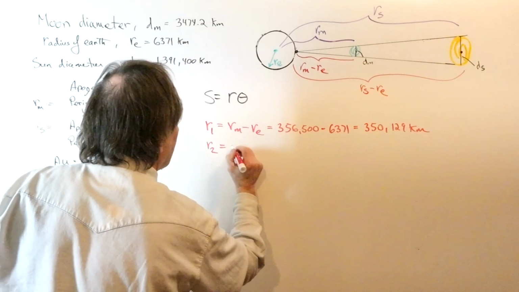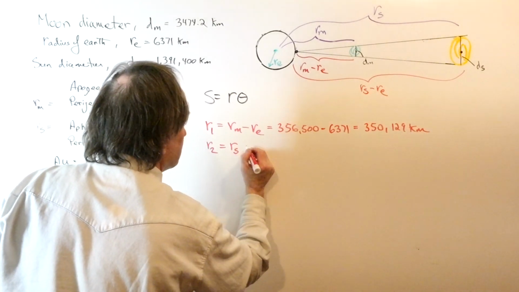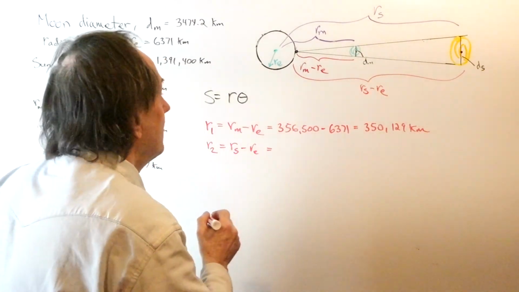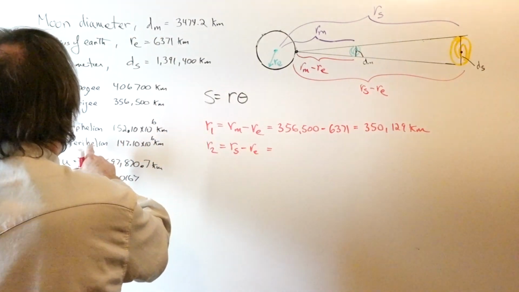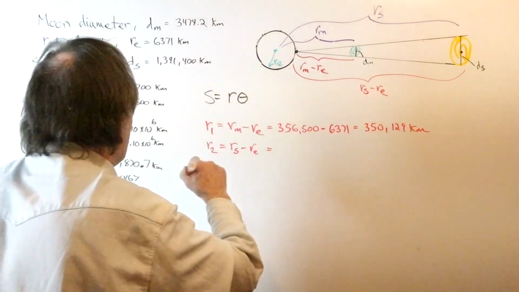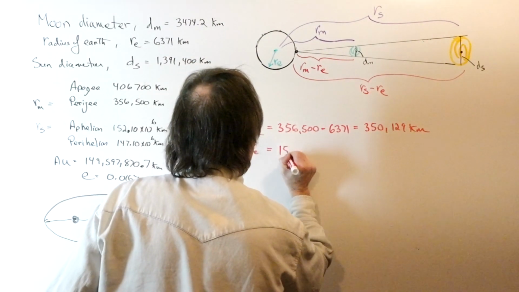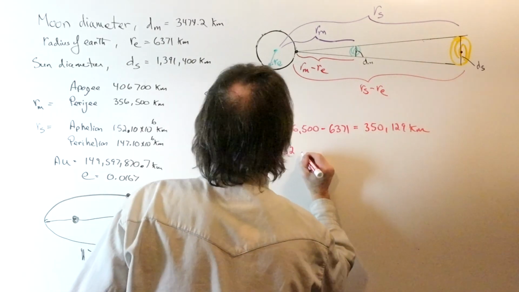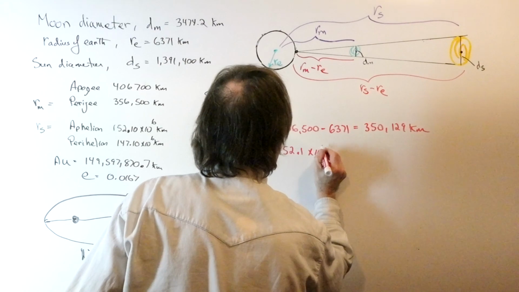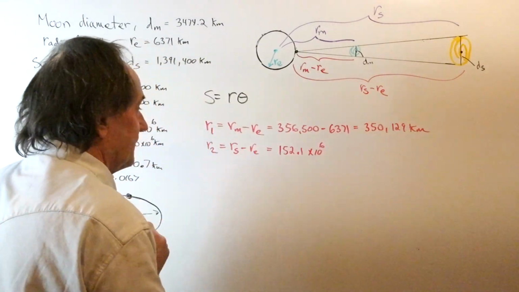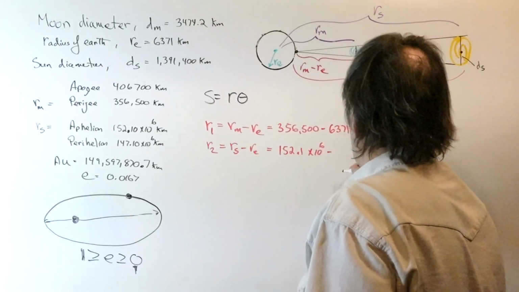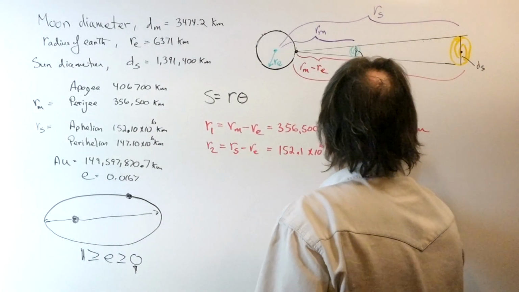R2, let's call that the distance to the Sun, center distance, minus the radius of the Earth. Well, the distance to the Sun at aphelion, where it's furthest away, is 152.1 million kilometers. So that's 152.1 times 10 to the 6. And we subtract off the radius of the Earth, which is,